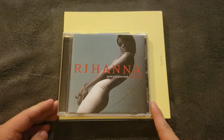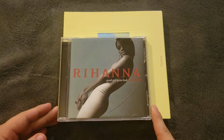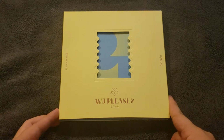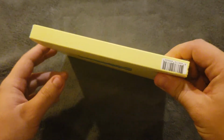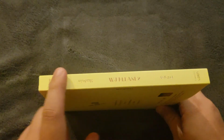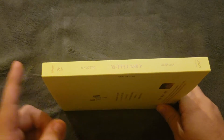So if you do have a jewel case, this is how big the album is. Here's the spine. I like when K-pop albums have this on the spine. Sometimes they don't